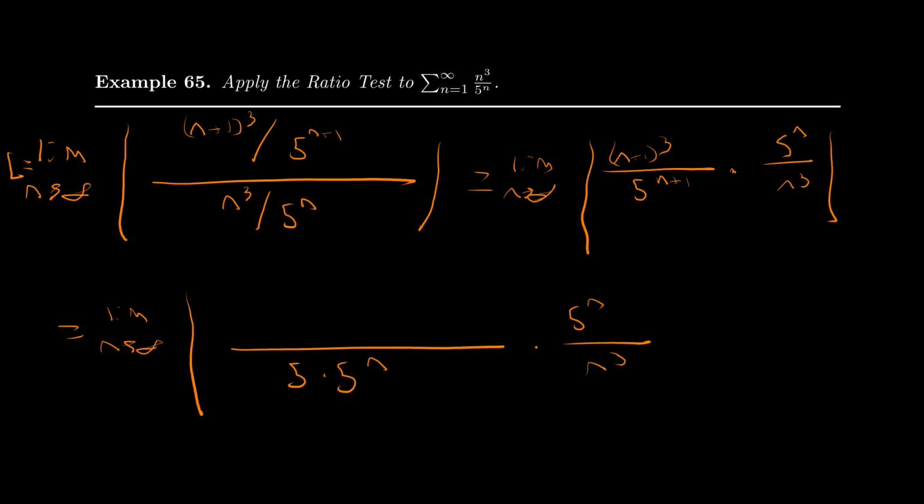This n plus 1 cubed, however, is going to have to get FOILed out, unfortunately. So I'm going to multiply n plus 1 times n plus 1 times n plus 1, and I'm going to see what that turns into. So let's see here. N plus 1 times n plus 1 times n plus 1 is going to end up giving us